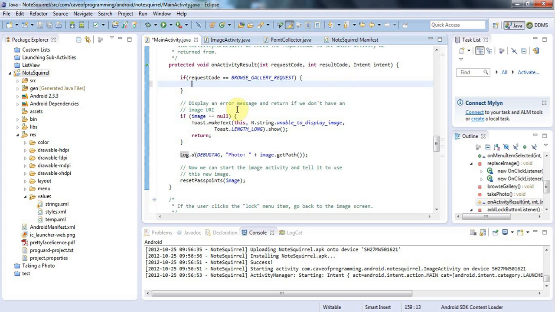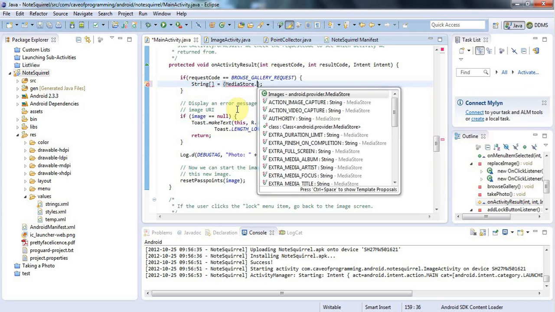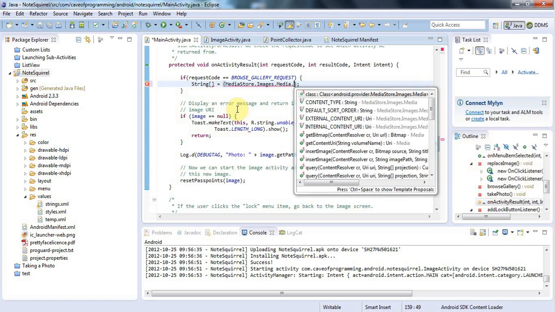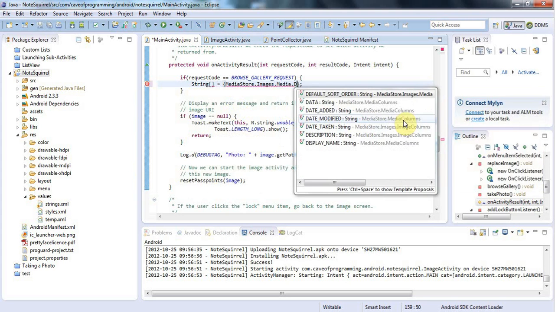So what I need to do is query the gallery basically, and the first thing we need to do is create an array of columns of data that we will want our query to return. So I'm going to say here String array equals, and I'm going to define a string array here, and in it I'm just going to put one value, which is going to be MediaStore.Images.Media.DATA is the one we want, this one here,